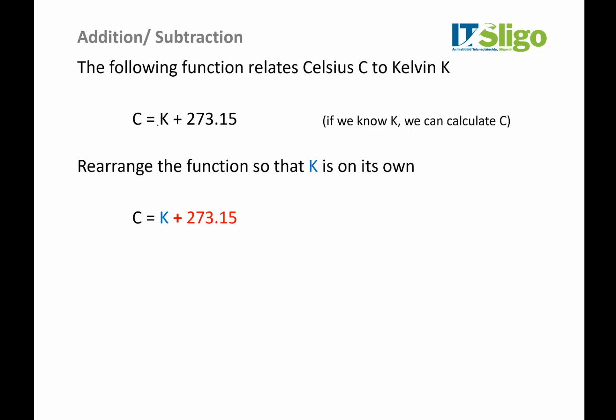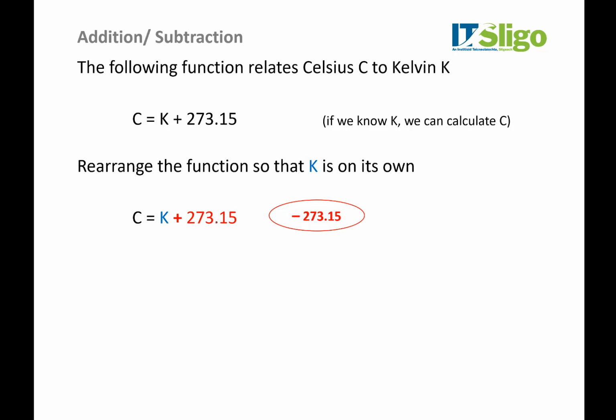So first of all, we identify the subject. And now in red, guys, I've identified, well, this is what I want to remove. It's not so much the 273 I'm concerned about. It's much more, how is 273 joined to K? It's joined with a plus. What's the inverse of plus? Is minus. So I'm going to subtract